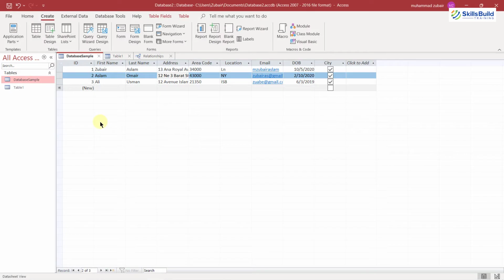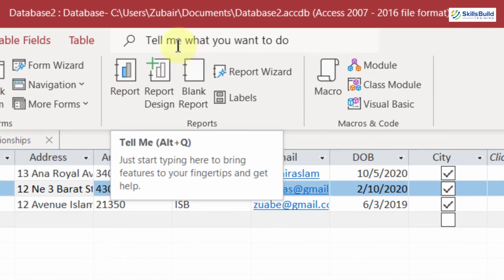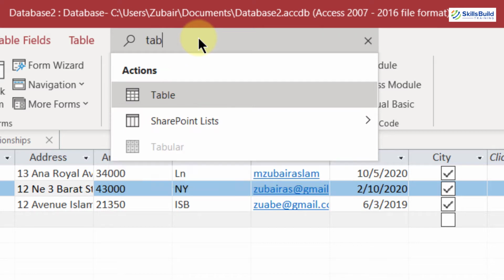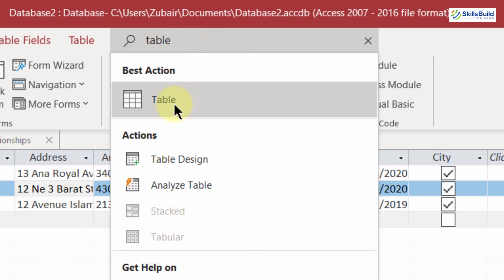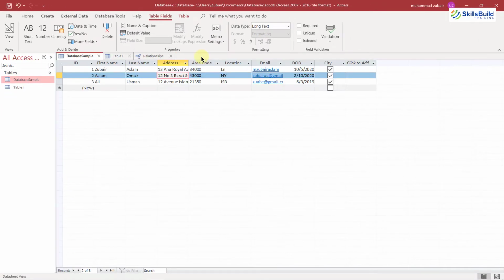But now we have one more shortcut, and that is Microsoft Search. If you click on this search area, you can just start typing the name of the tool or feature that you want to use. For example, if I write here table, you can see Table has just appeared. You just need to click on it and here is your table. So how cool and how easy it is that now we do not have to worry about finding something particular in our applications, because we can just search for it and use it straight away.